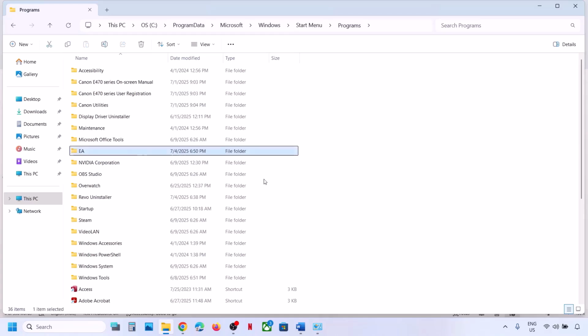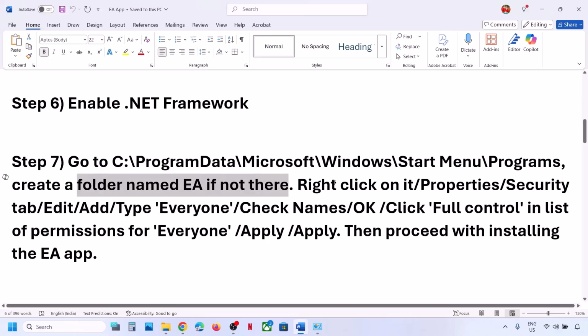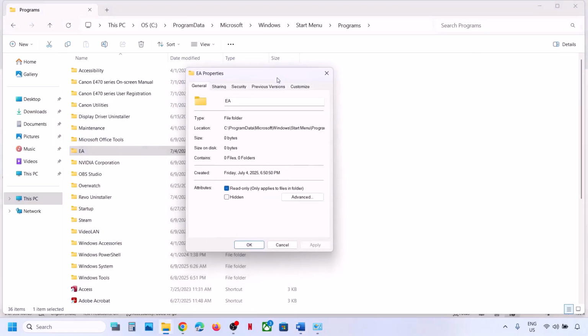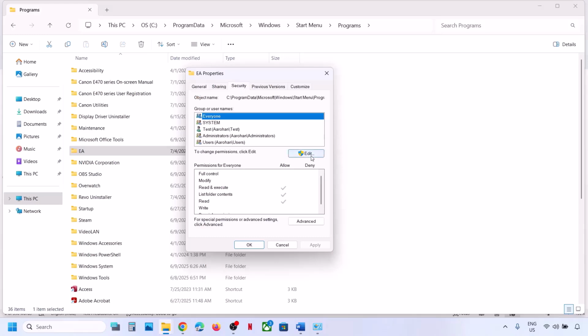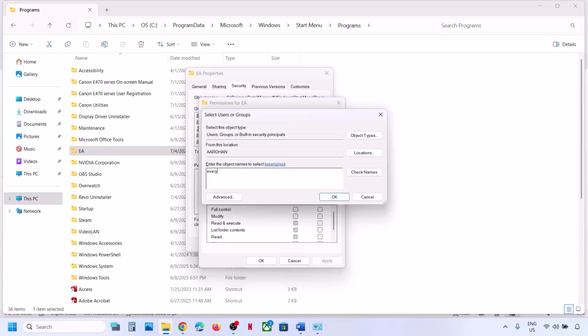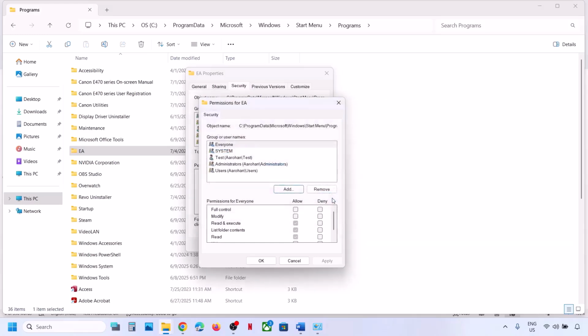Now once you name this folder as EA, after that you make a right click on the EA folder, and then go to Properties, go to the Security tab, and then click on Edit over here, and then click on Add, type in Everyone over here, and then click on Check Names, and then click on OK. Now once you type in Everyone, and check Everyone,